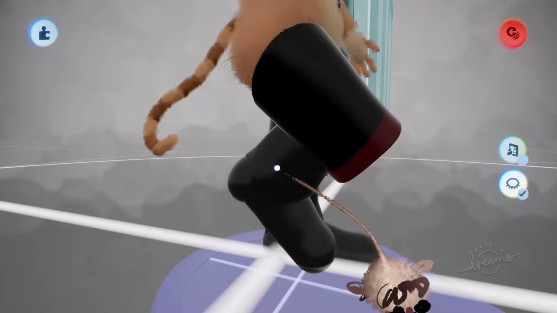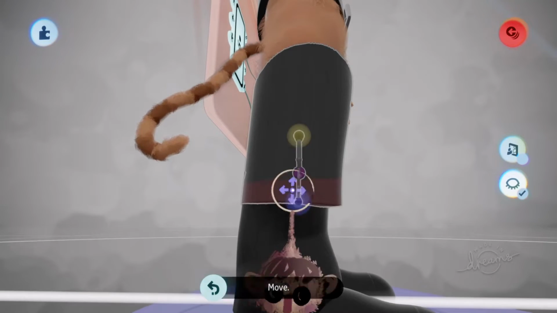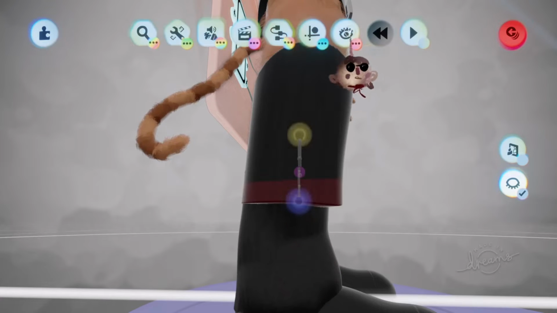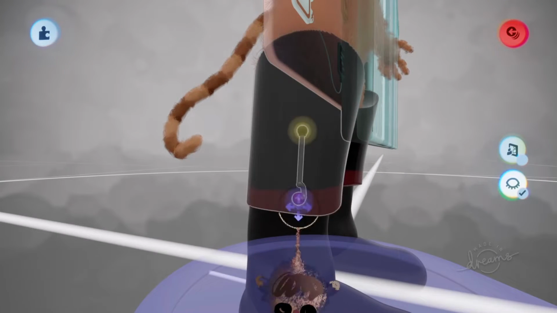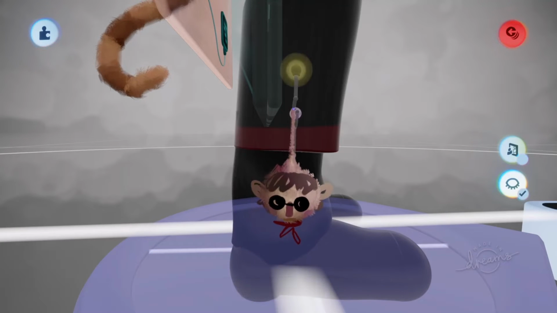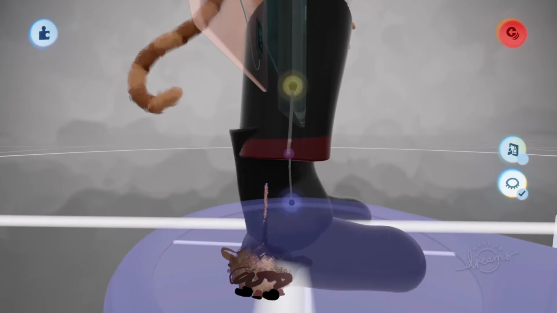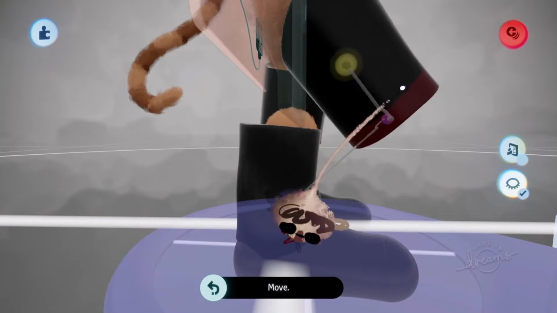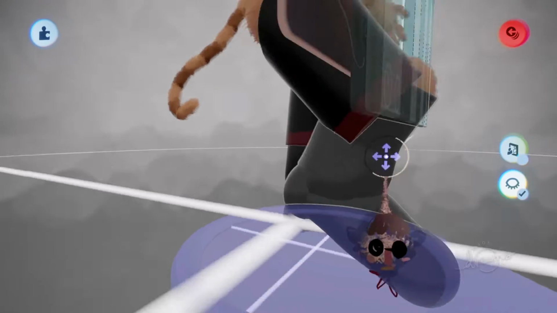And we have to do some edits to the connectors that are there. So the way to do that is hover over object and then press triangle. You want to make sure X-ray is checked there so that you can select the connector, and you want to put this close to the joint as possible,